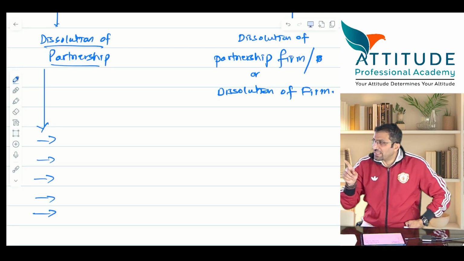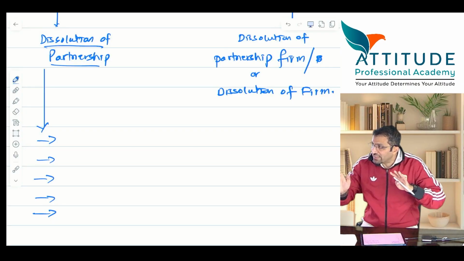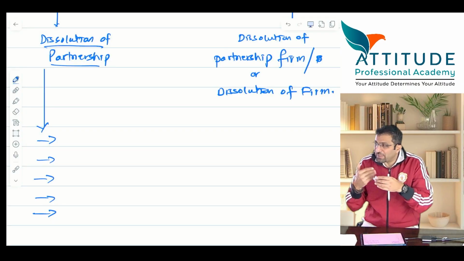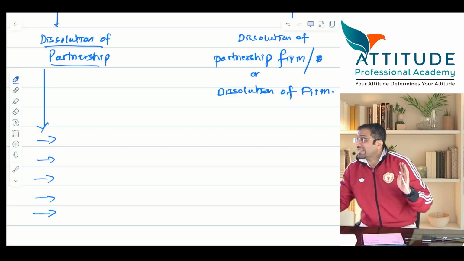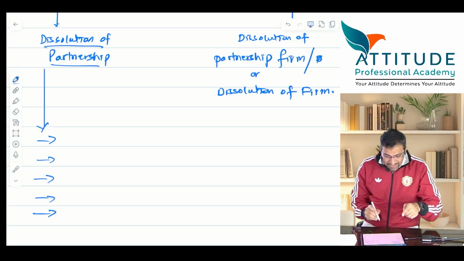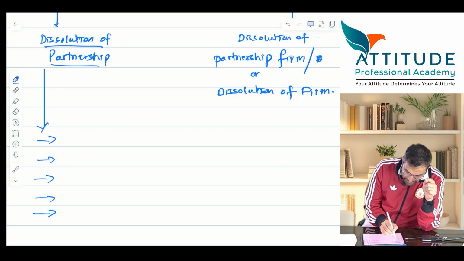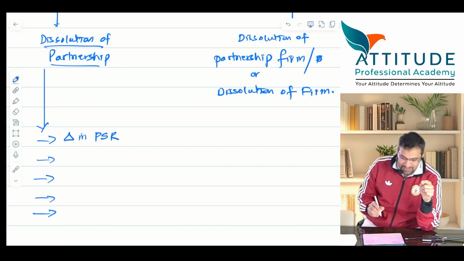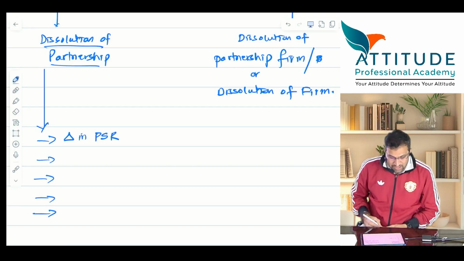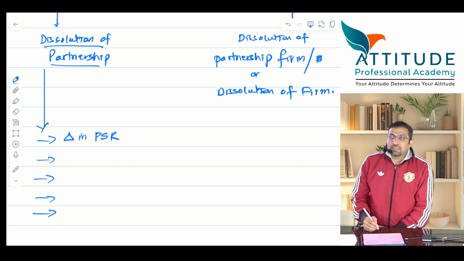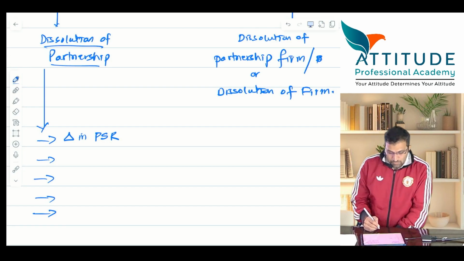In dissolution of partnership, the partnership firm will not come to an end. Only the relationship, our rights and liabilities, may change a little. What do we call that? Dissolution. So case 1 is change in profit sharing ratio, an example of dissolution of partnership. Is that clear? Second,